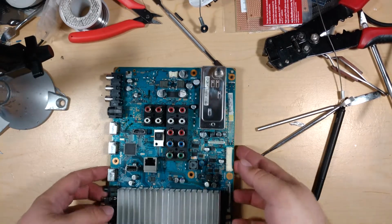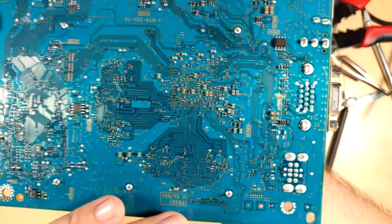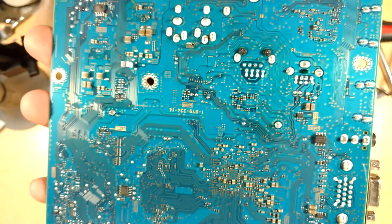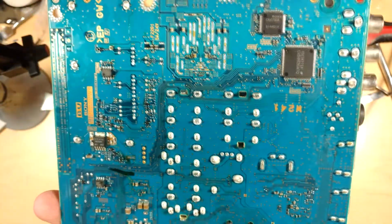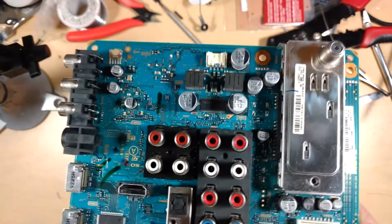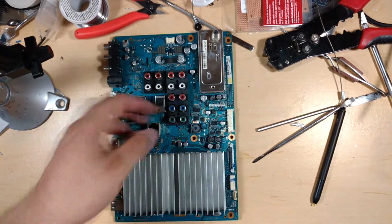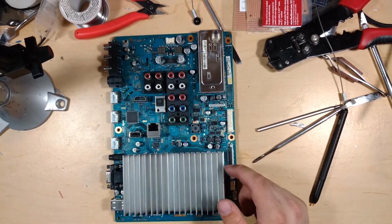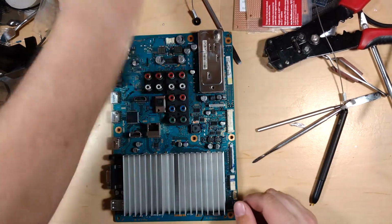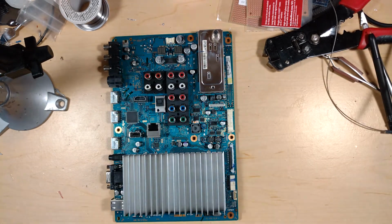Okay, so I can't see anything super obviously wrong with this immediately. I do smell a slight warm smell now. I'm not sure if that's just... oh, soldering iron, probably. But yeah, there isn't really anything that's obviously wrong with this thing, from what I can see. I don't know if I really want to spend $100-some to $130 and shipping and stuff like that on a new main board for this thing. I tested again, it doesn't have any audio. So it does seem to indicate that it is a bad